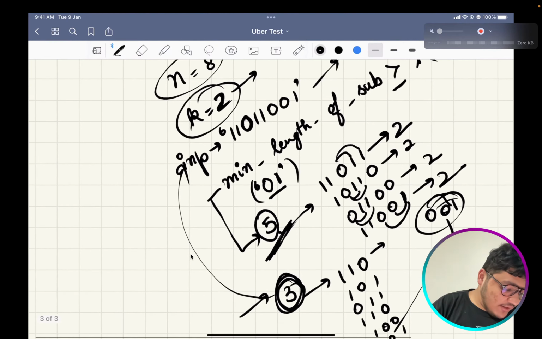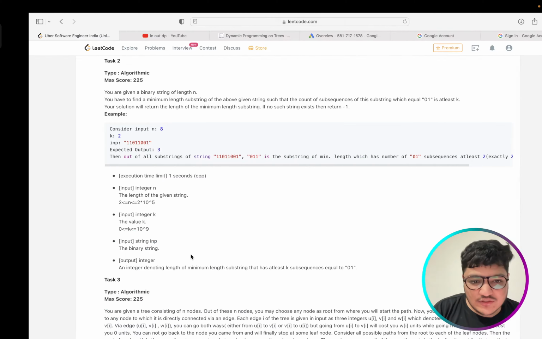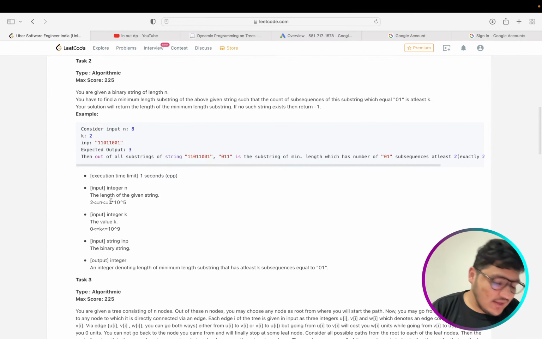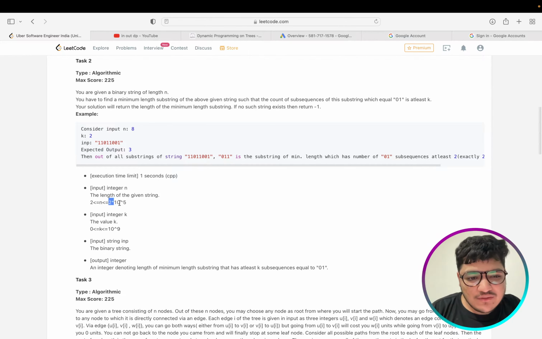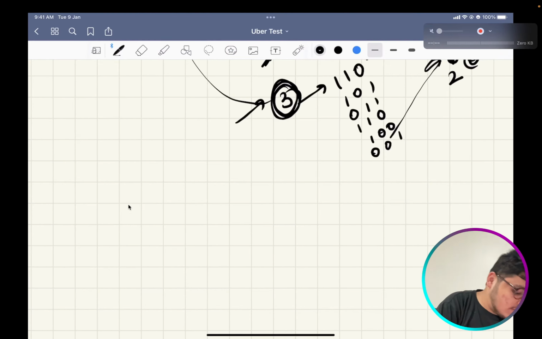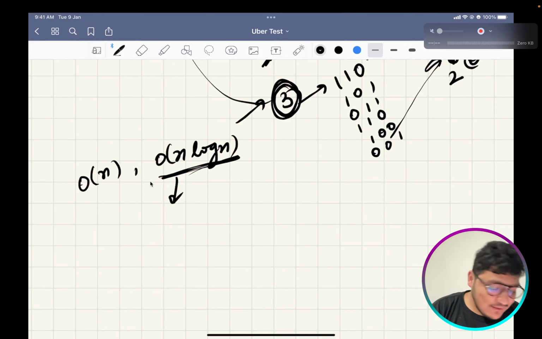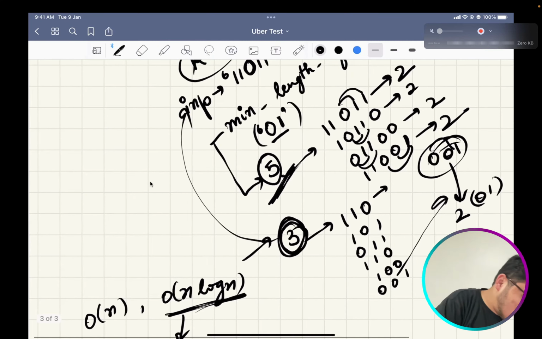So now let me tell you the approach. First of all, you should look at the constraints. If you are solving a problem, first of all you should look at the constraints. Since n is in the range of 10 to the power 5, the possible solutions are order of n or order of n log n or less than that. If I am getting an answer for 5,